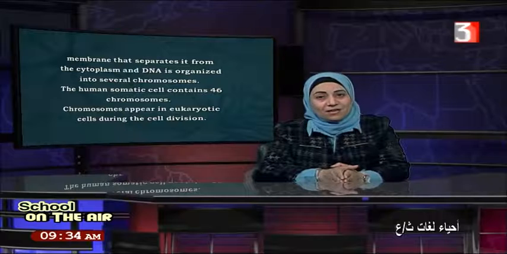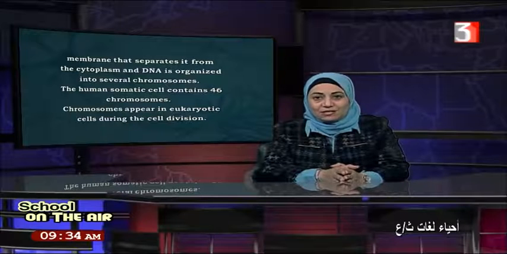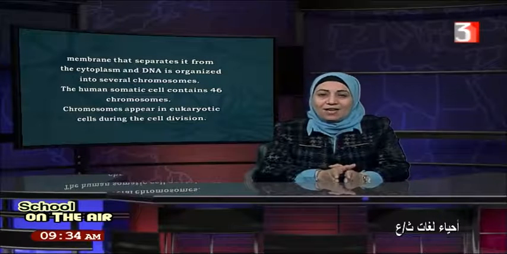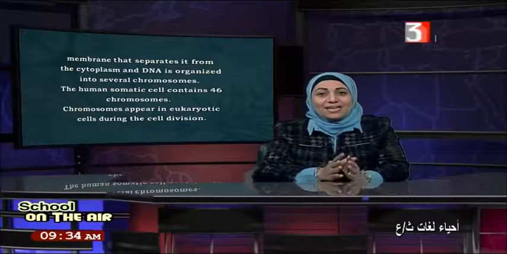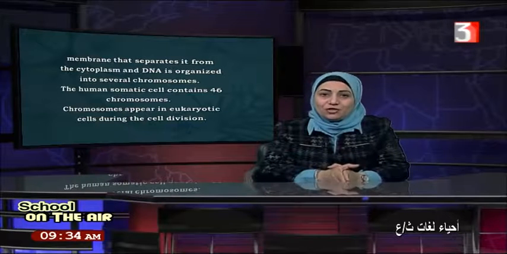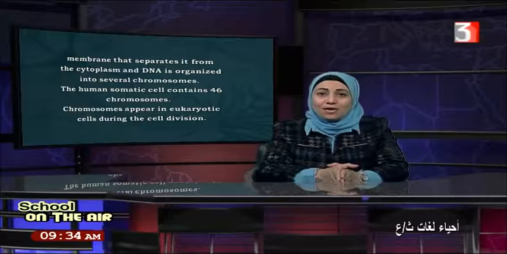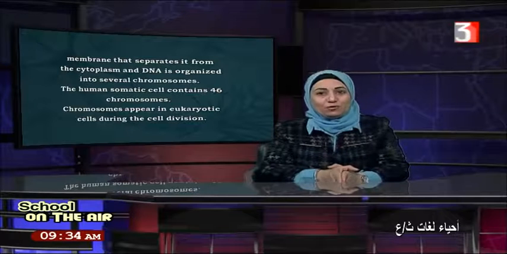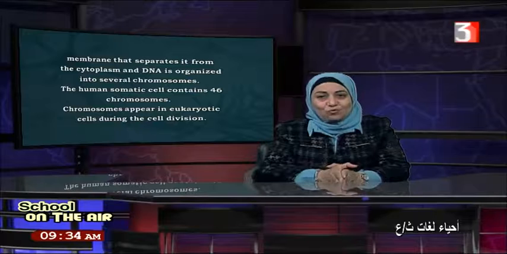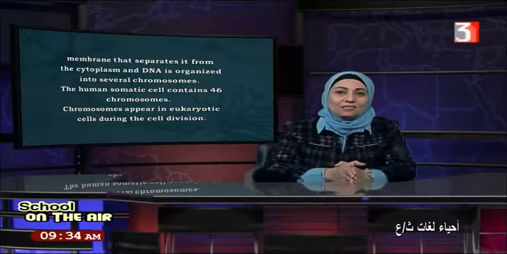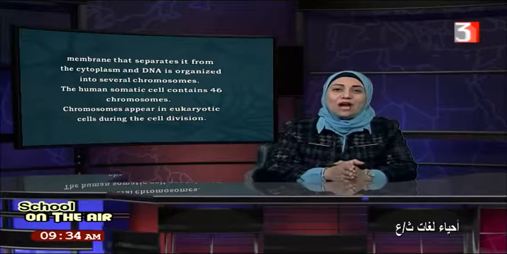Like the human, which contains 46 chromosomes, while the onion plant contains 20 chromosomes. So each species of living organism contains a fixed number of chromosomes. These chromosomes are found inside the DNA structure, which is found in the nucleus. Okay, the nucleus is surrounded by